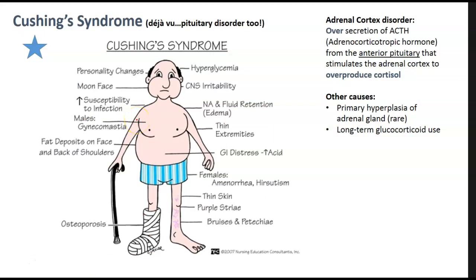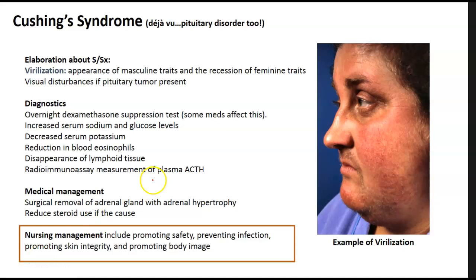Cushing's, oh my god, it came back again because, as I said before, it's a pituitary disorder, but the issue can also happen right with the cortex. So we can have an issue with the adrenocortical hormone from the anterior pituitary, or it can just be an issue at the cortex that it overproduces cortisol. What you need to watch, especially in women, you may see virilization, basically some masculine traits, and the recession of feminine traits, visual disturbances if a pituitary tumor is present,